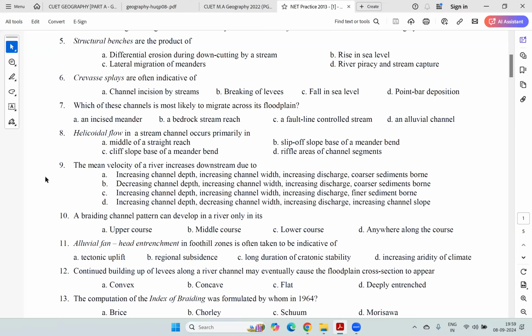Understood? So it's very important that you read a topic in depth. The more variety of textbooks that you read on, say, geomorphology, the more knowledge you will gain, the more understanding you will gain. Because this exam is not just a knowledge-based exam. The exam is also a reasoning-based exam. Okay, so please be careful that you also have to reason out the answer.